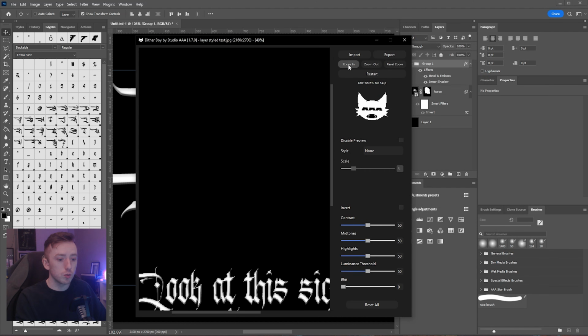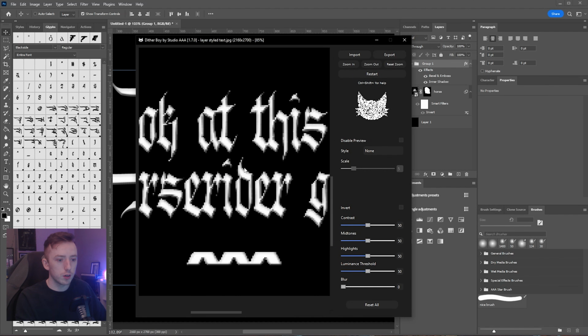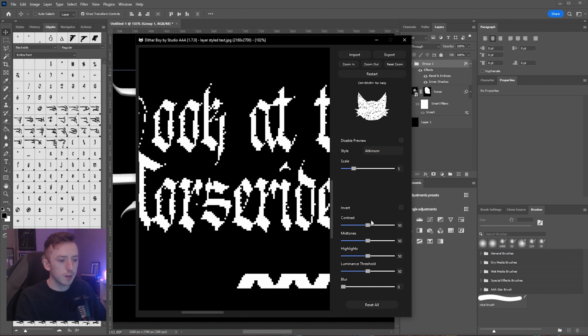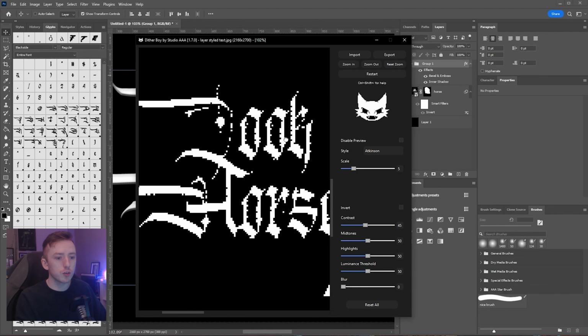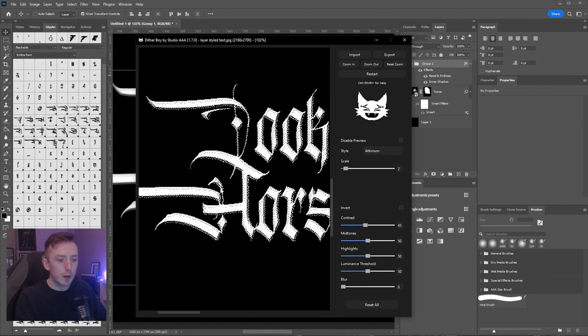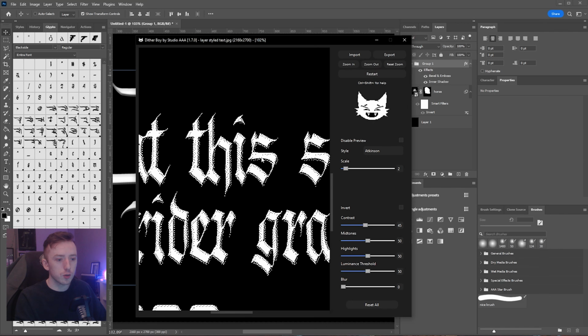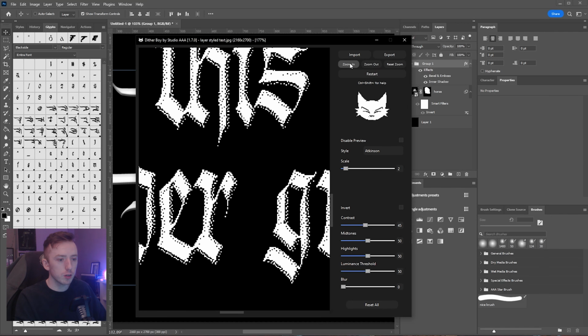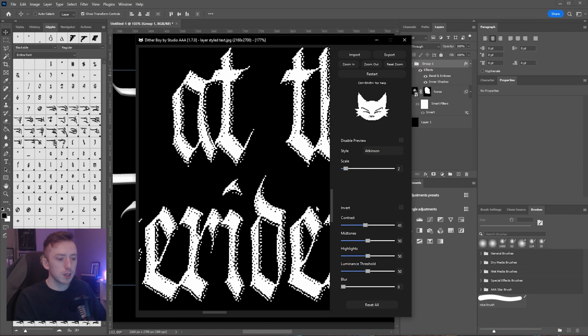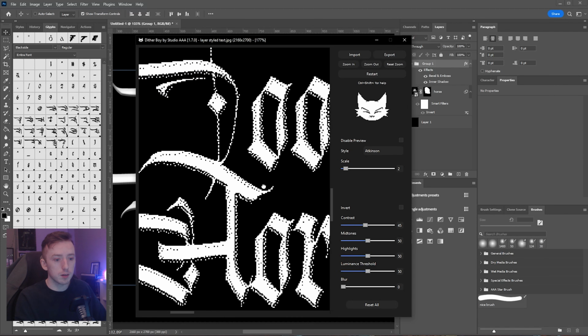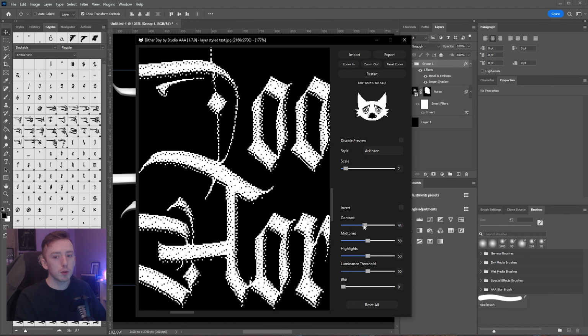zoom in again so we can see what's going on for the text, go back onto the Atkinson dither and then start messing with the contrast. It's only very subtle, but you can see that where we've applied the bevel and the inner shadow, you can see the dithering is sort of more present in those areas. So if you wanted something less flat essentially and a little bit more interesting or a little bit more legible,